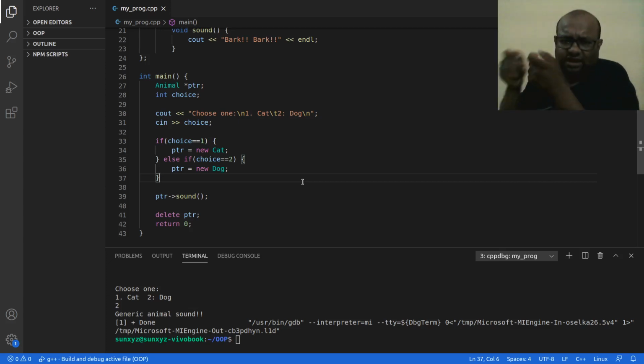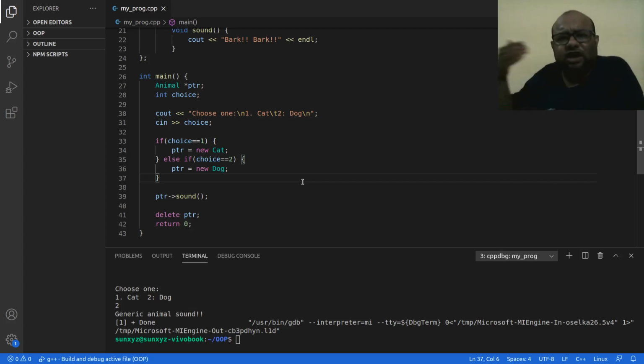When I call this sound method using this animal class pointer ptr, the method that is going to be called is the method that was there in my parent class. I already knew all this in compile time when I was compiling this program. So that would have been early binding.